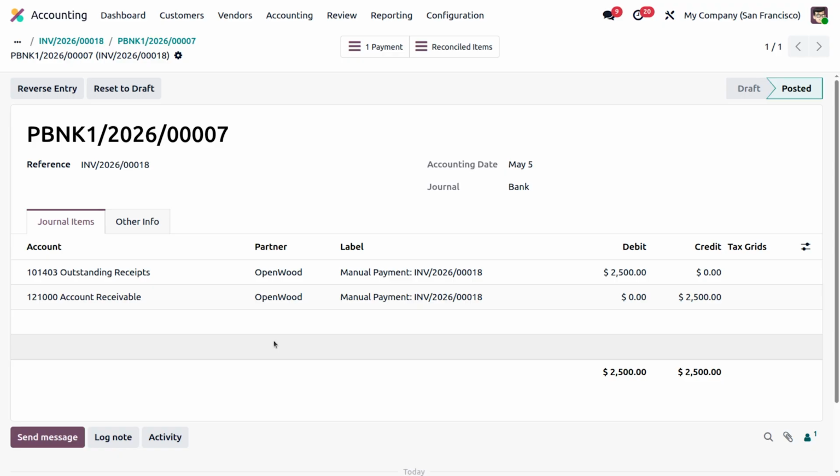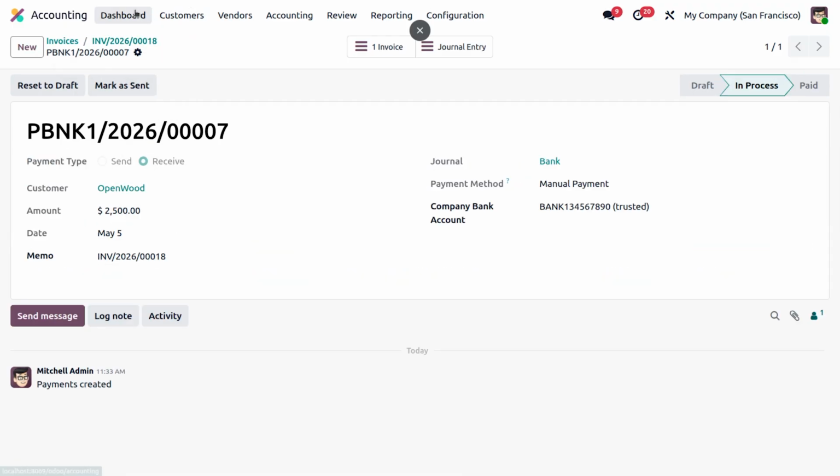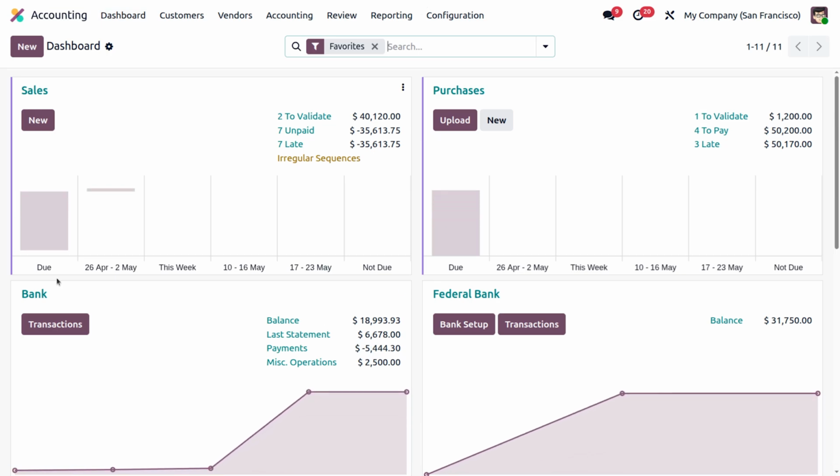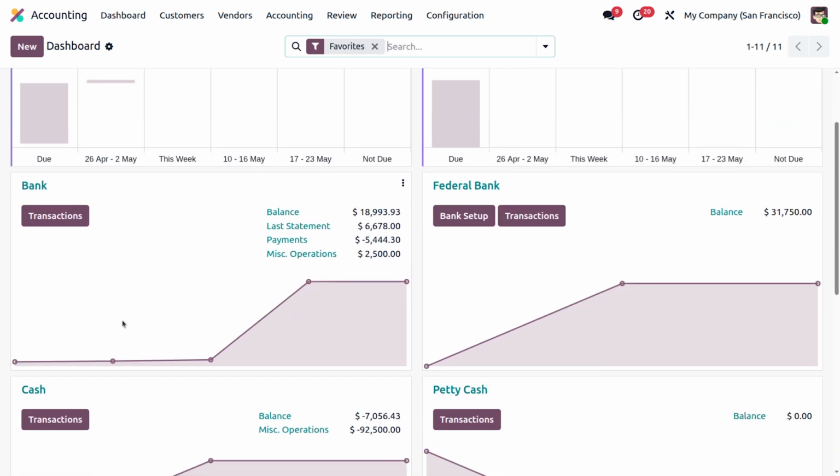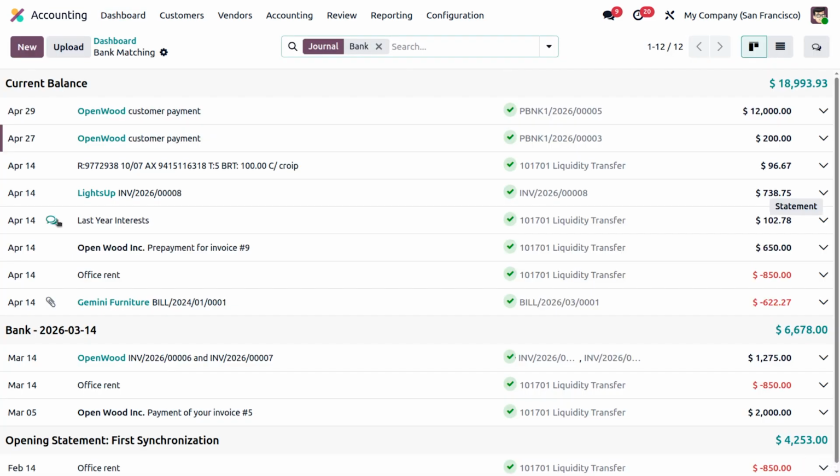So you should understand that if the in payment is still showing, this is actually a due payment because it doesn't reflect in your bank account. So let's see how to solve that problem. It's only solved after the reconciliation. So who's the customer? It is actually, I think, Openwood, right? Yeah, it's Openwood. Moving on to the dashboard, you can find this is the bank, right? This is the bank, and moving on to the transactions, you can see there we have different kinds of things,